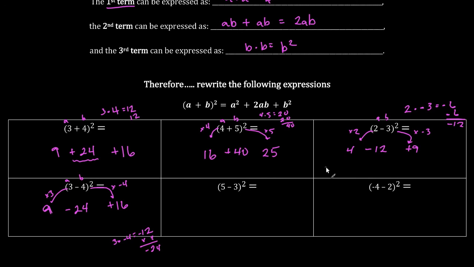I think y'all sort of get the point. Let me just jump to this one. Negative 4 times negative 4 is positive 16. Negative 2 times negative 2 is positive 4. Remember, I need to multiply negative 4 times negative 2, which is positive 8. I have 2 of them. I get 16, positive 16, so plus 16. All right, so let's